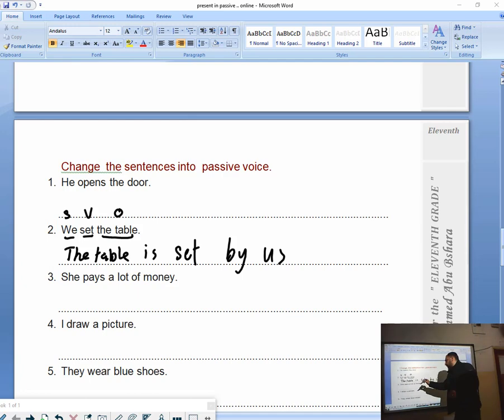She pays a lot of money. I should divide it as the previous sentences. She as the subject, pays as the verb, a lot of money as the object. So I write a lot of money